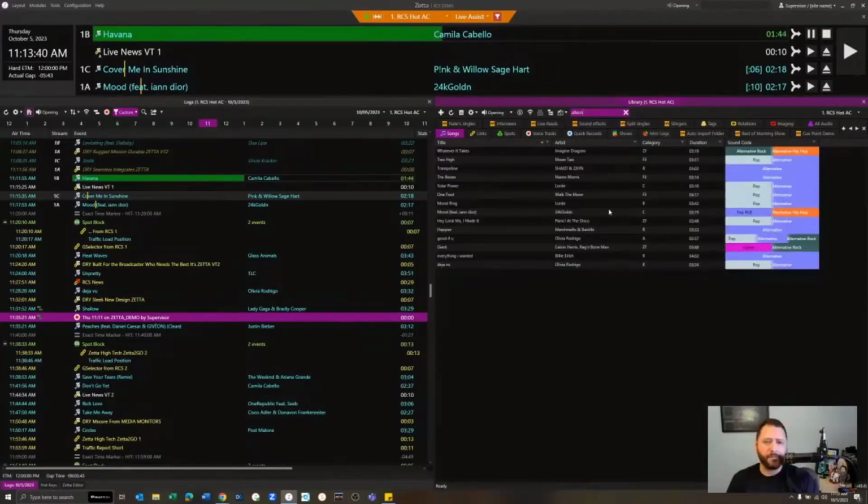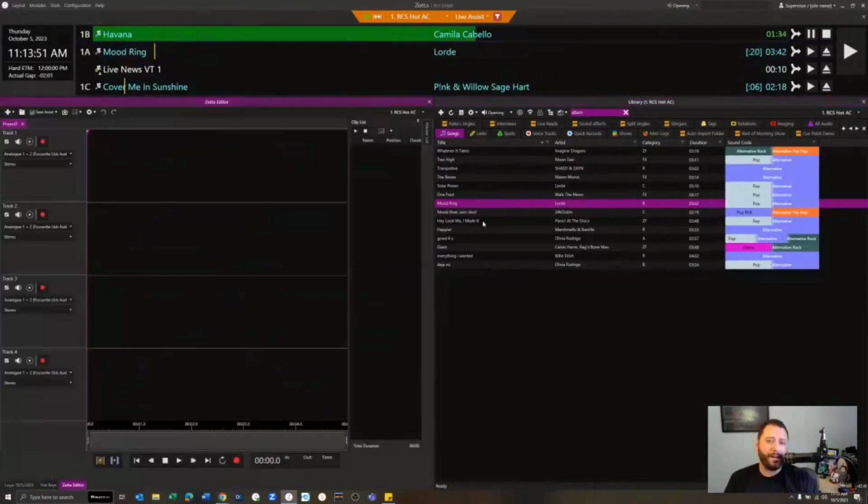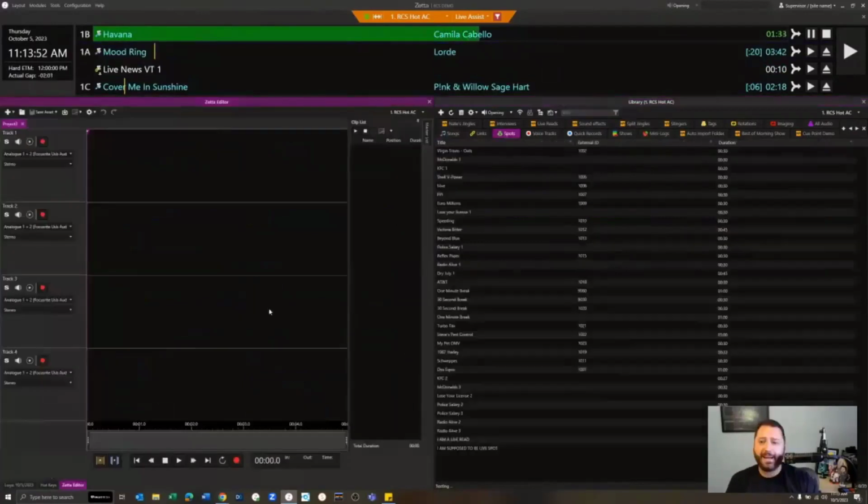And of course, if I want to add this song, just a left click. And look at that, there's that little blue line there. Any of these modules all throughout Zeta, left click, drag, and drop. Again, I'm moving quick here for time purposes, but I can take my multi-track editor, again, from the same chair,